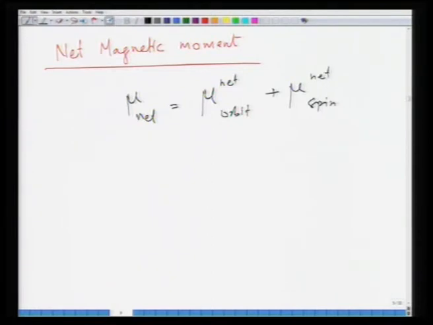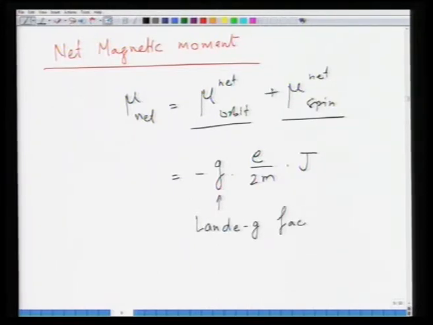So, the total orbital magnetic moment plus the total spin magnetic moment give rise to the total magnetic moment in a material. And of course, since you have a number of atoms and a number of electrons, all of this has to add together. Now, this is explained quantum mechanically a little differently, and it is written as g multiplied by e by 2m multiplied by J, and this g is called the